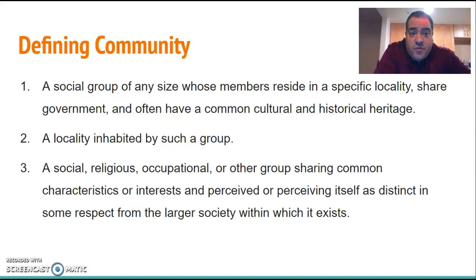At work, you form a community. There might be sub-communities that are formed at work. If you go to houses of worship, you're forming a community. Community is really any kind of group that comes together for some sort of cause, belief, or some sort of, quote-unquote, again, shared interest. So if we think about communities from that very basic perspective,